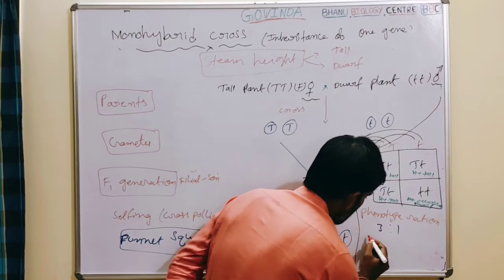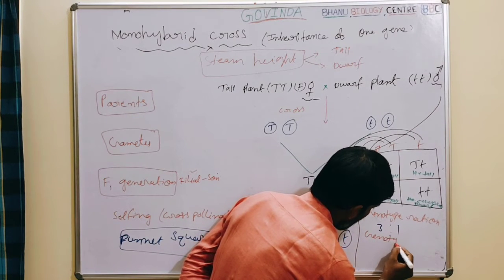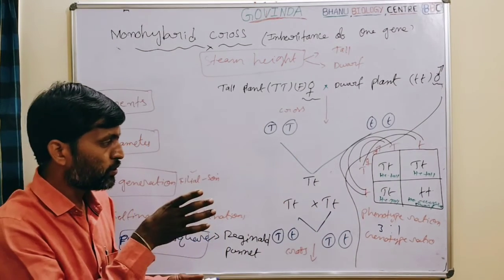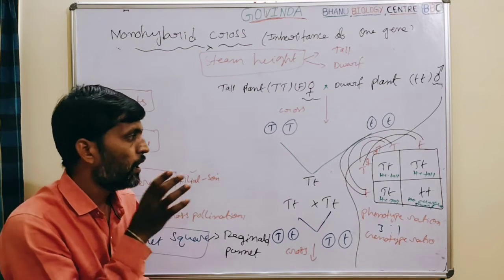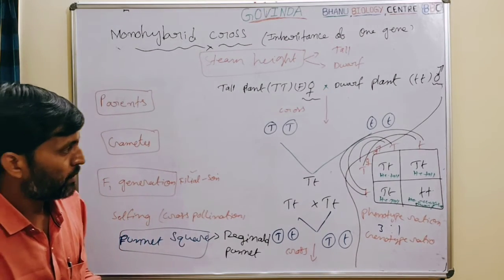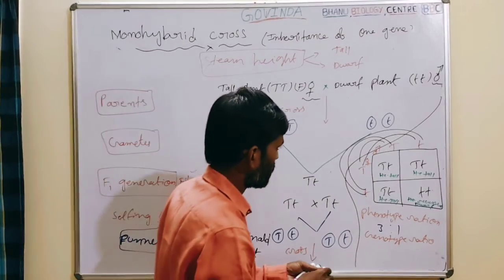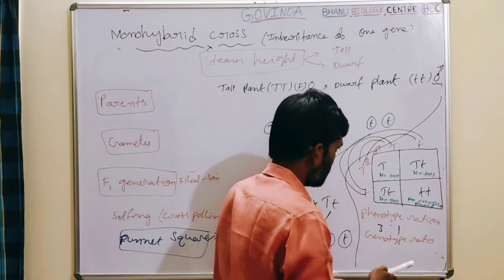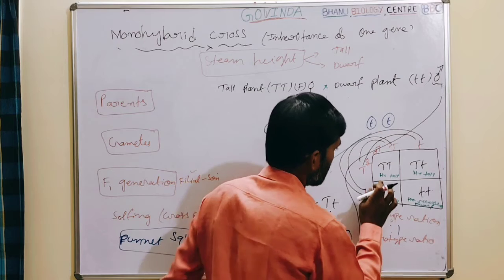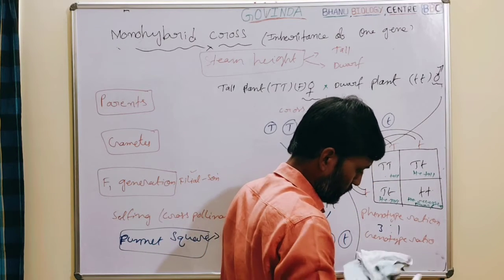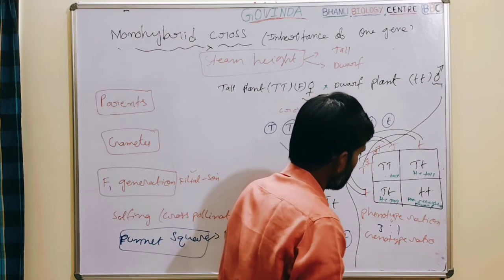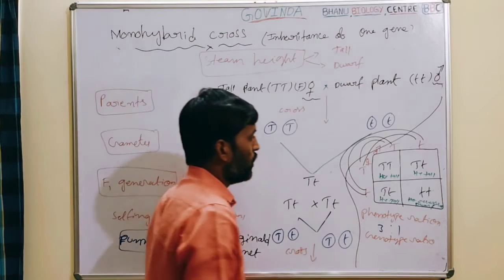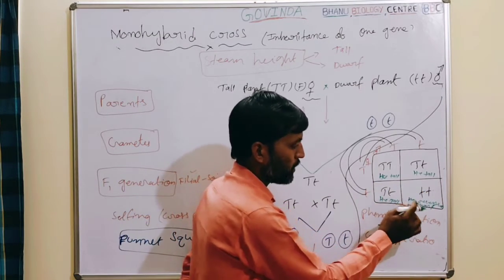Next, in the same way, we need to write the genotype ratio. So here we need to identify the genetic makeup of a plant. This one is capital T, capital T. This is homozygous tall, right? Homozygous tall, this one, right? Small correction I made. Homozygous tall, heterozygous tall, heterozygous tall, homozygous recessive.